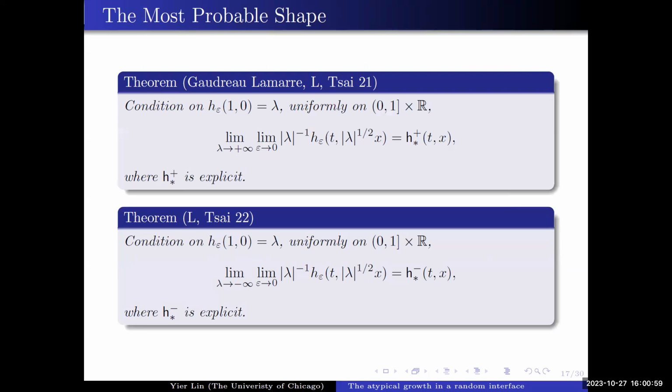So now I can tell you where this 5/2 tail exponent comes from. Because what you have observed from here, for example, when I let lambda go to minus infinity, my H epsilon itself is not something of order 1, but you have to impose this scaling to make it some order 1 object. This means that when you look at the rate function,